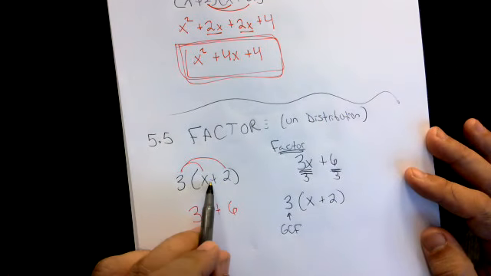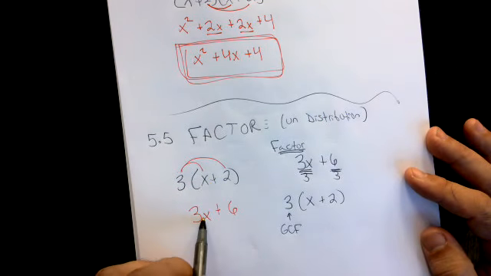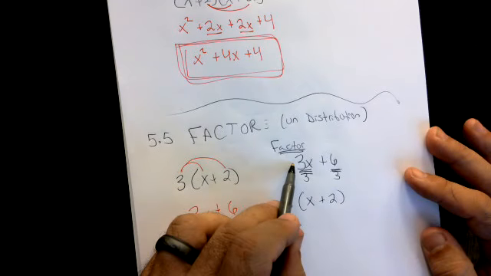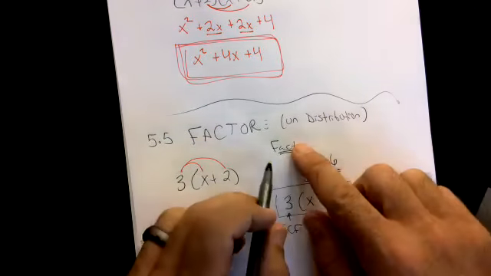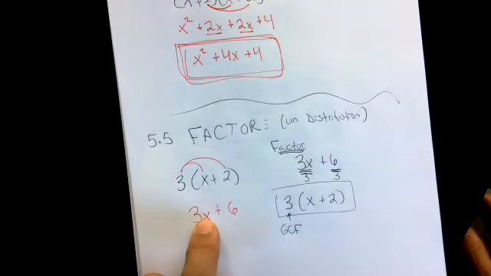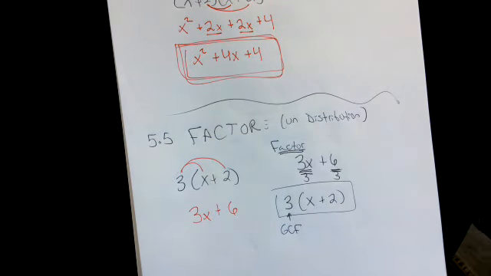So like I said, if we started with 3 times x plus 2 and I told you to multiply, you would get 3x plus 6. If we start with 3x plus 6 and I tell you to factor, you should end up with 3 times x plus 2. So again, factoring is basically undoing what we just did in 5.4. So you're looking for the biggest number and or variable that you can divide out of everything. Okay, so if I gave you something like